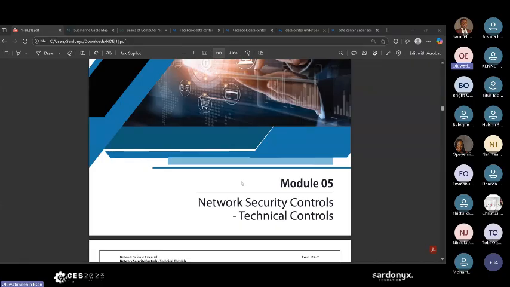So we've talked about administrative controls, we've talked about physical controls, and now we are going to technical controls, right? Now, most of the time, this is where some people find it difficult. It has a lot of concepts, but you can't run away from it. No matter what career path you are going in cybersecurity, you need to understand some technical aspects. Whether GRC, whether cyber law, whether auditing, no matter the aspects.